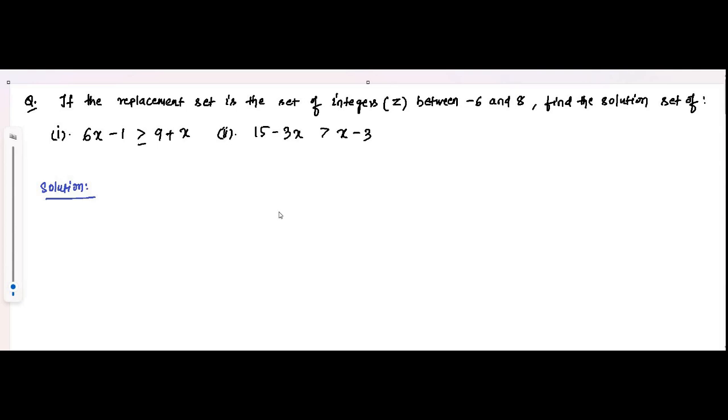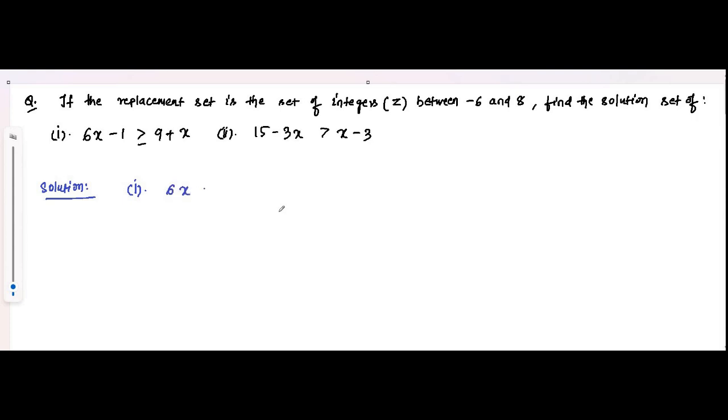So here is another question on linear inequations in one variable. It is given that if the replacement set is the set of integers between -6 and 8, find the solution set of 6x minus 1 is greater than or equal to 9 plus x. This is the first bit. The second bit is 15 minus 3x is greater than x minus 3. So the first one, okay,